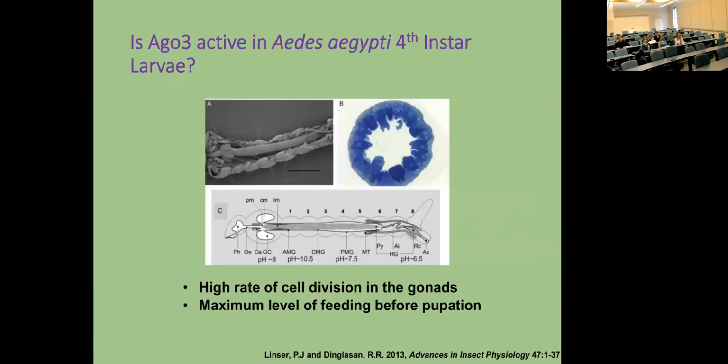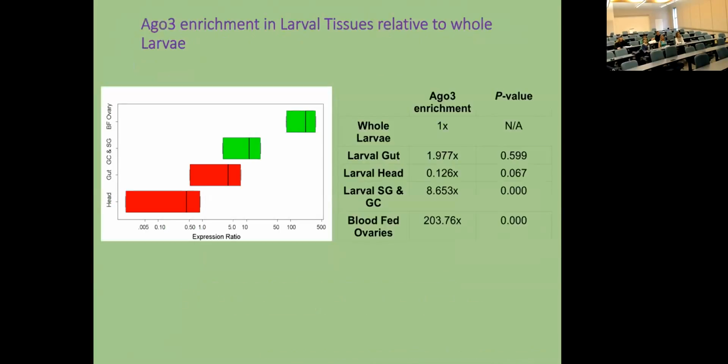gonads. And the other thing about pupae 4th instar is that that's the maximum level of feeding before it forms a pupa. So that's when the feeding is its most voracious. That doesn't seem to have anything to do with transposons. So Michael Hahn, with all his data, asked the question whether there really was AGO3 enrichment. In other words, if you looked at the expression of AGO3 in 4th instar larvae and then dissected our tissues,